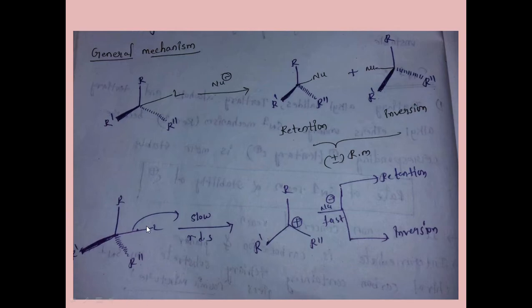Now let me ask you a question: if we have taken 1 mole of substrate and 3 moles of nucleophile, will a faster reaction occur or not? How many moles of product will we get? Definitely comment your answer in the comment section. The answer will be 1 mole, because it does not depend upon the incoming or outgoing nucleophile. It just depends upon the substrate.